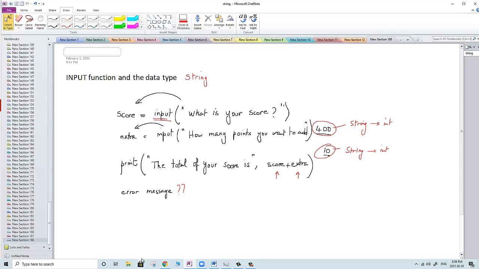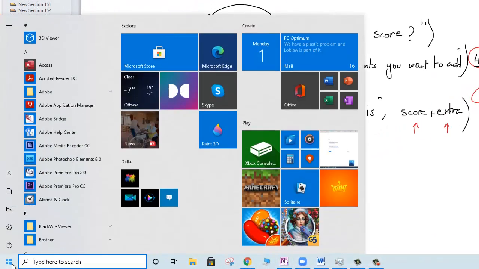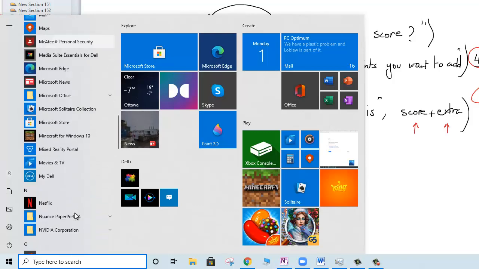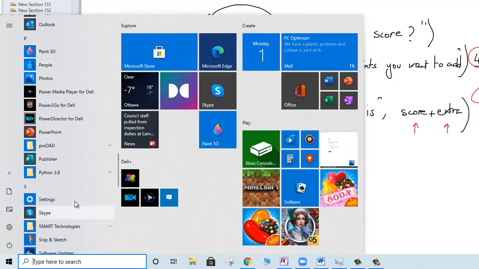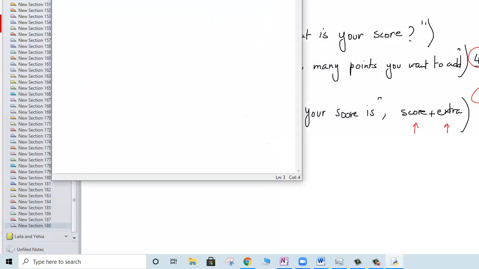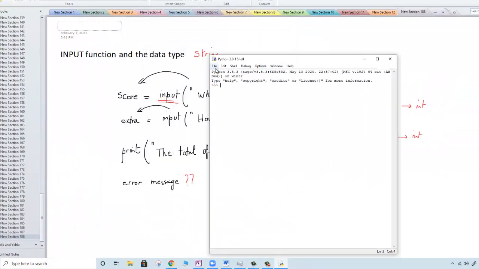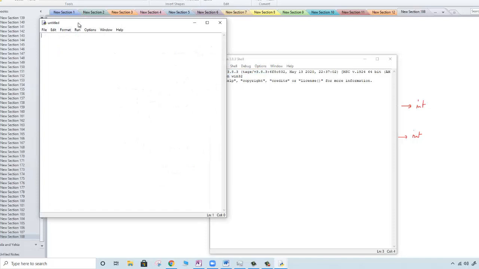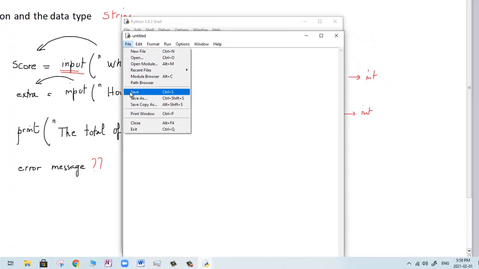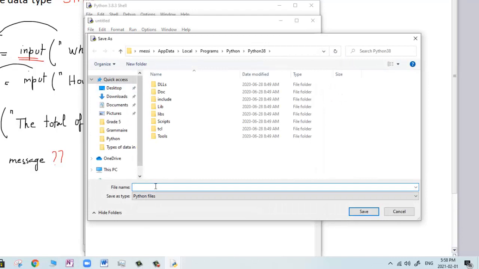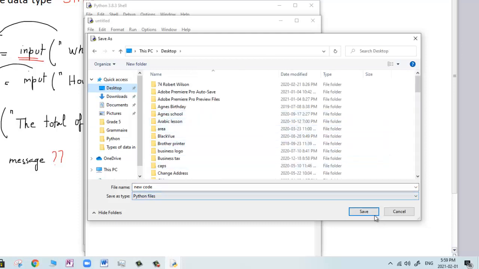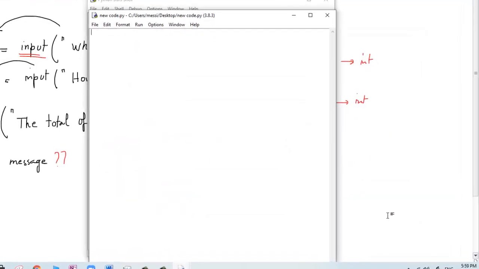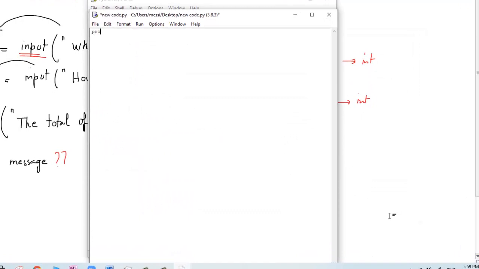So there are two ways. There is a long way, there is a short way. I'm going to show you both of them using Python. I'm going to open Python now. I'm going to open the IDLE, and after that I'm going to open a new file, and save it as new code under desktop so I can find it at any time I want. So I'm going to type here score,